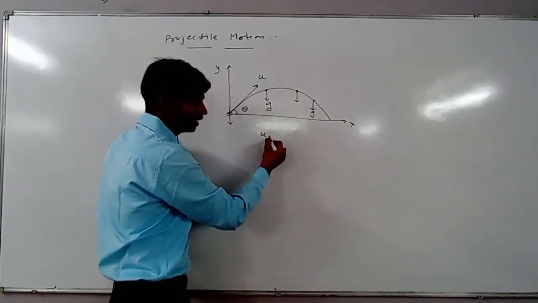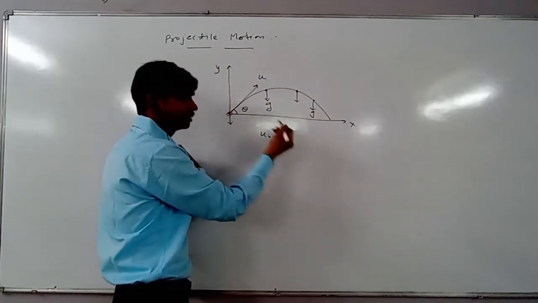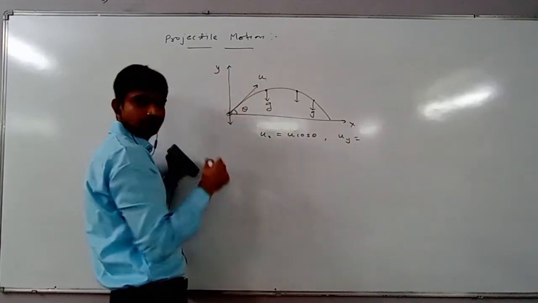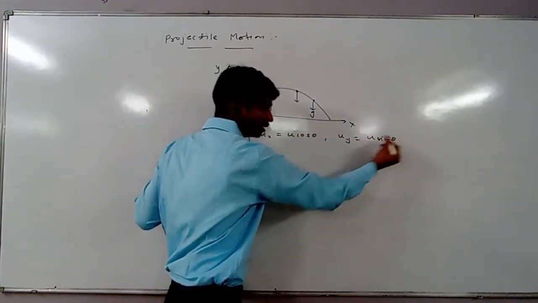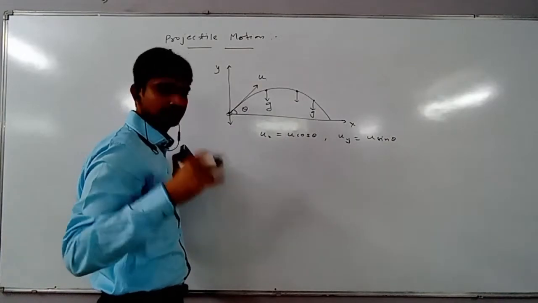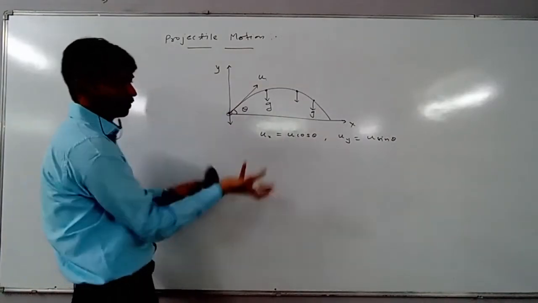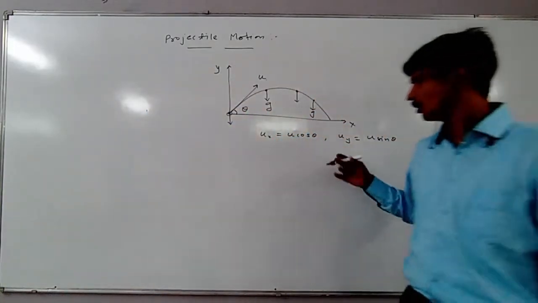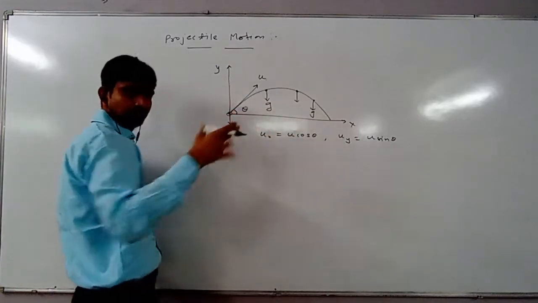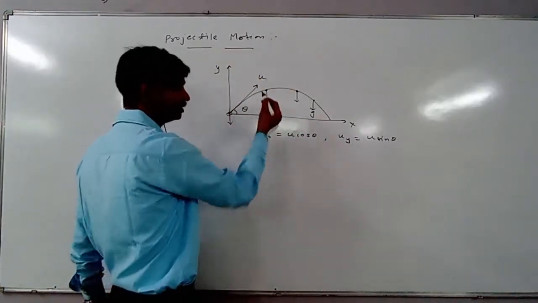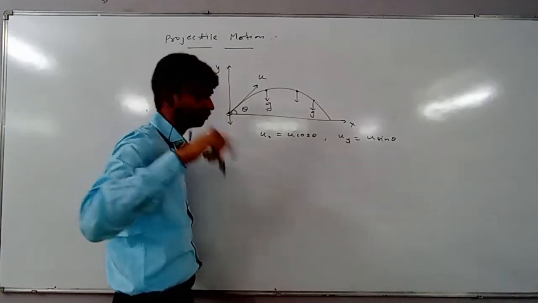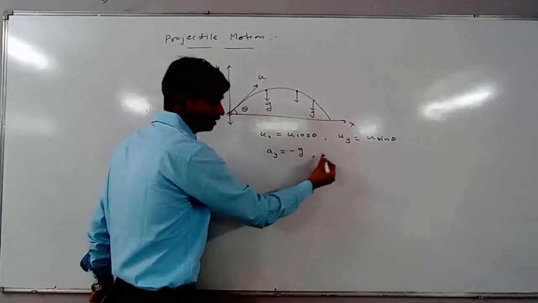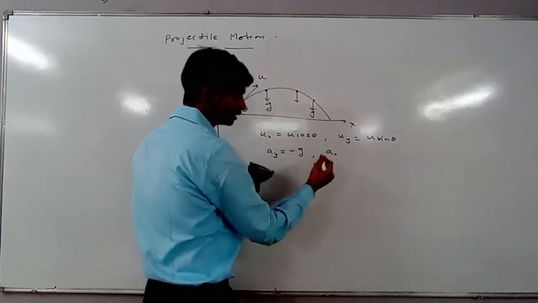So what will be the velocity along the x-axis? Initial velocity, actually, u cos theta. Initial velocity along the y-axis, take the component of u, that will be u sin theta. Each vector can be resolved into its components. Any vector can be resolved into its components. According to convenience, we resolve the components of any vector. g is basically downwards. So acceleration along the y-axis is minus g, while acceleration along the x-axis is 0.